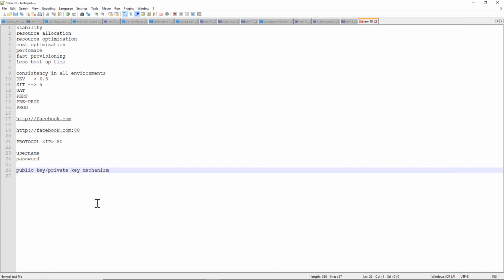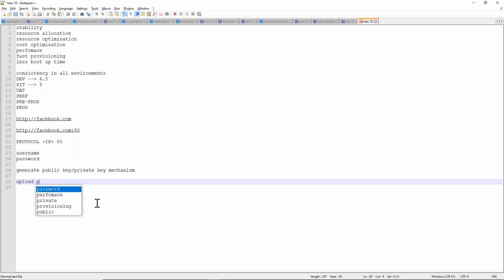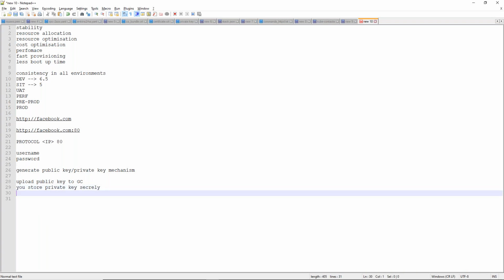So we'll generate a public key and a private key. We will upload the public key to Google Cloud, and you store the private key securely. So how will you make the connection?